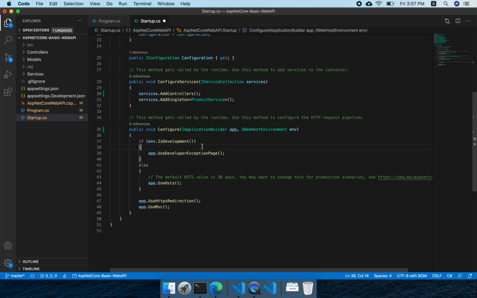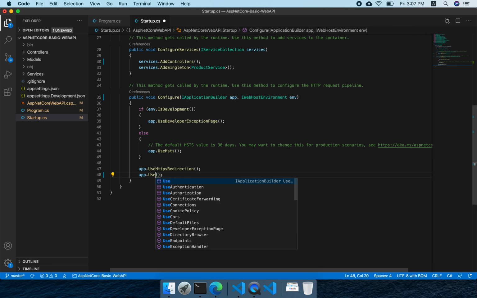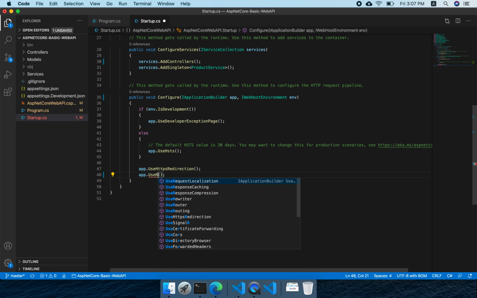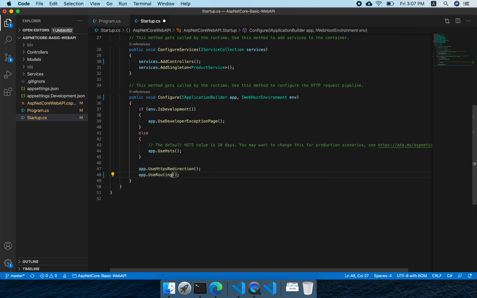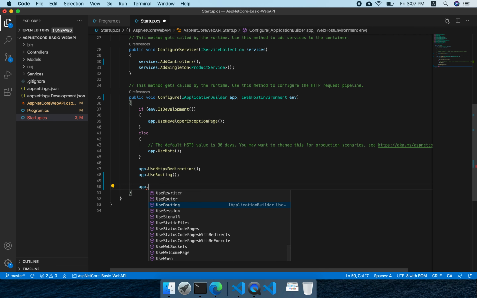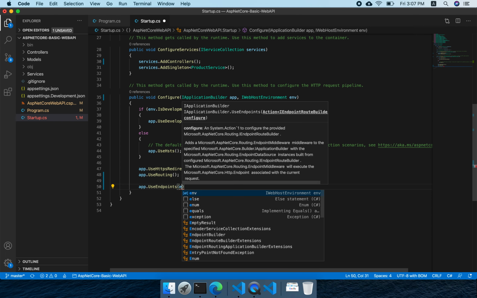Once that is done, the other step in 3.1 is that we shouldn't be using .mvc, we have to use routing. Once that is added, we have to add one more section called UseEndpoints.